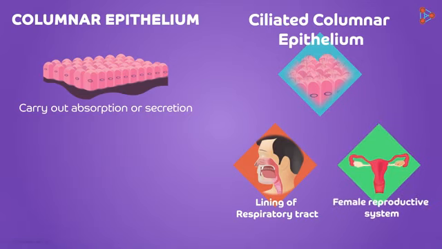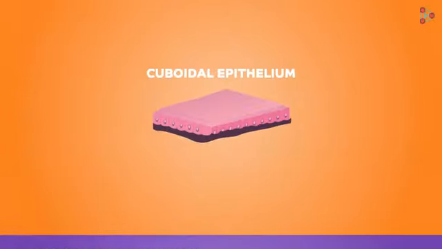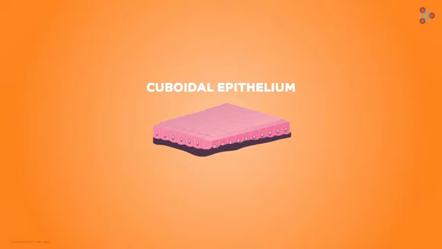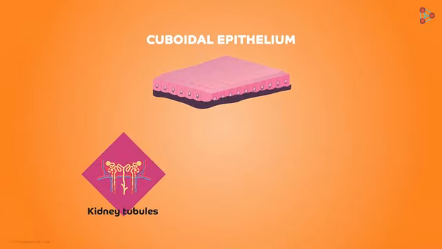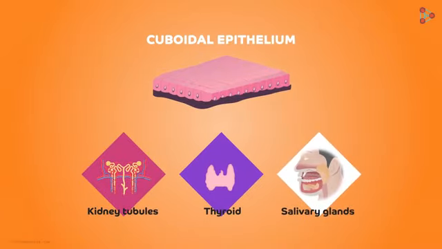Another location is in the fallopian tubes of the female reproductive system, where the cilia help to propel the ovum in the forward direction. Now, these columnar cells are definitely doing their job well, but at times, some substances aggressively pass through small channels which are lined by these epithelial cells. So then, along with absorption and secretion, we need support too. Here the cuboidal epithelial cells come for our rescue. These cuboidal cells are found lining the kidney tubules, in the thyroid, and also in the ducts of the salivary